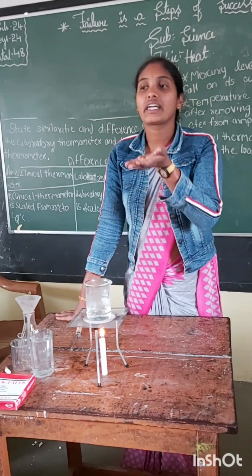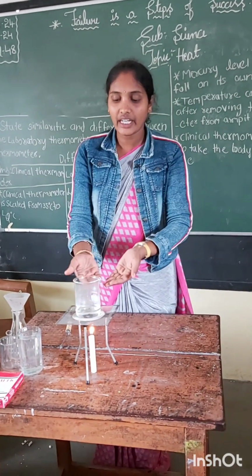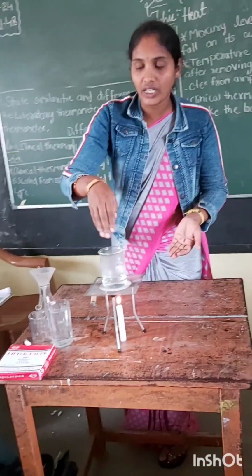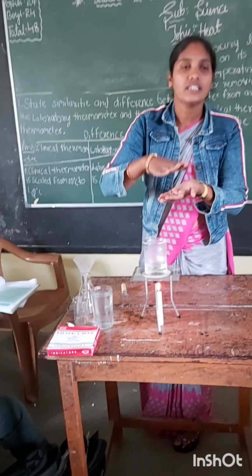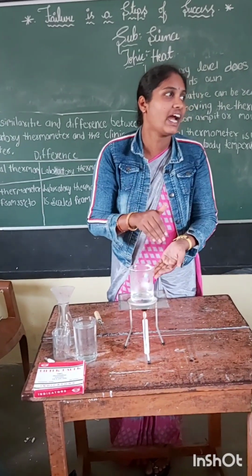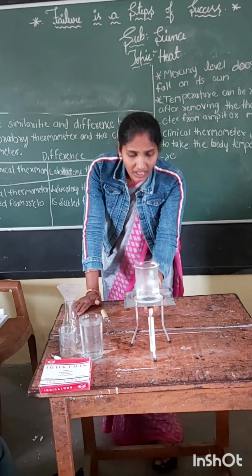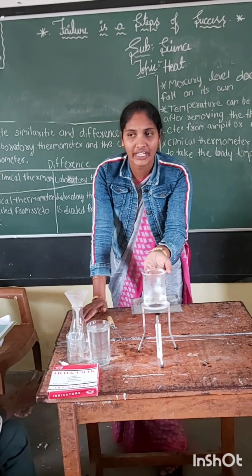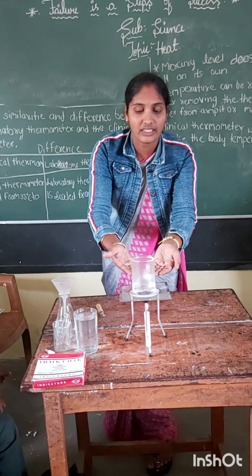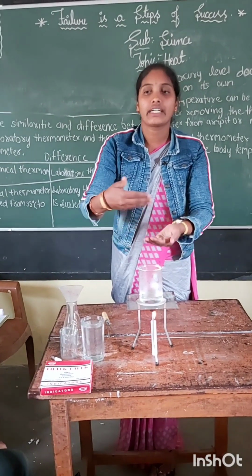And then the heat is transferred into the water and it rises up. That is called convection. The heat is transferred and rises up, you know. In the upper layer the water is a little warm, and down below it is very hot. Why? Because the heat is transferred from the outer end to the lower end. That is called conduction. After that the warm water rises up. That is called convection.